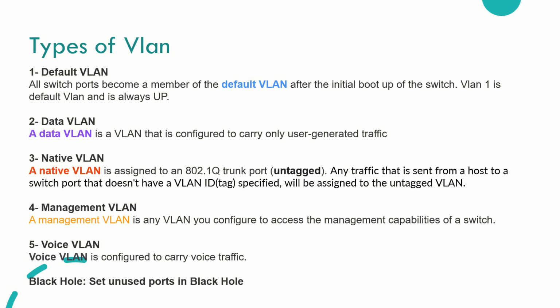We have also the native VLAN. Native VLAN is assigned to an 802.1q trunk port, and some people also say .1q. A .1q trunk port supports traffic coming from many VLANs as well as traffic that does not come from a VLAN. We can also say,